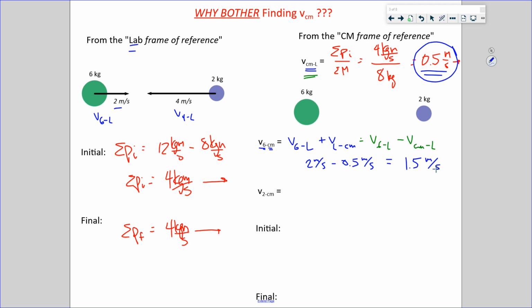Okay? And let's see, V2 relative to the center of mass, we'll do the same process, except I'll skip this preliminary step and say this is V2 relative to the lab minus V center of mass relative to the lab. All right, so that's negative 4 meters per second minus 0.5 meters per second. That's negative 4.5 meters per second. And what's neat about this is, look now,